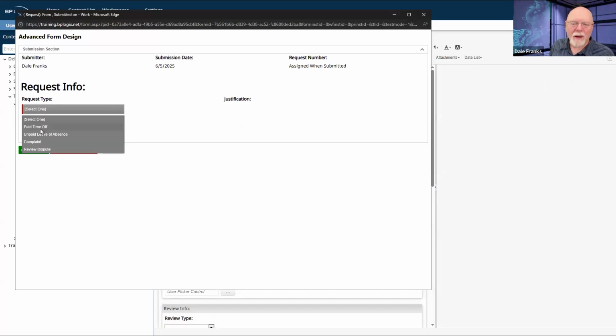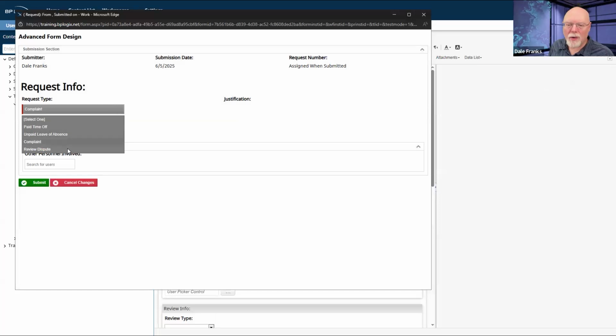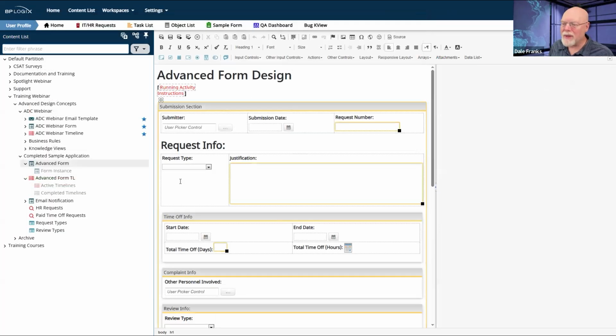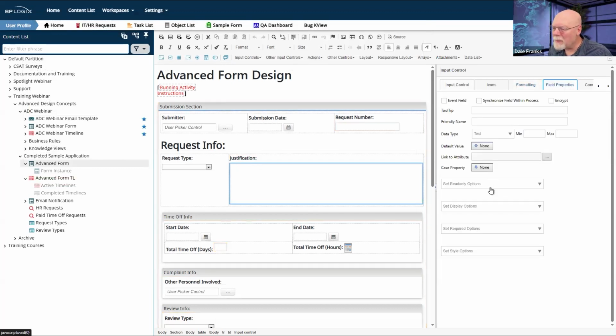All right, I'm not sure what I've done with that justification field. I apparently have dropped a set display, set required options.